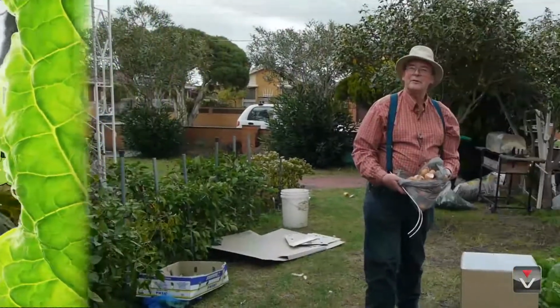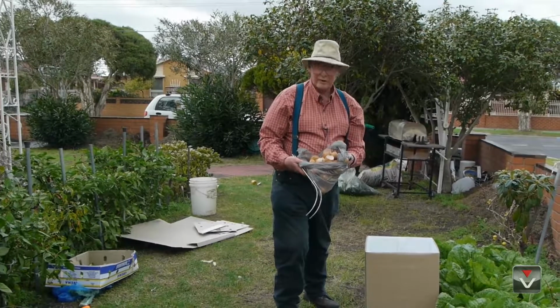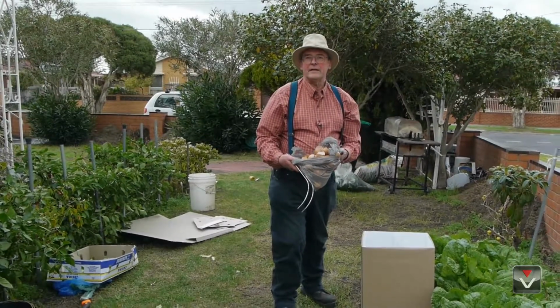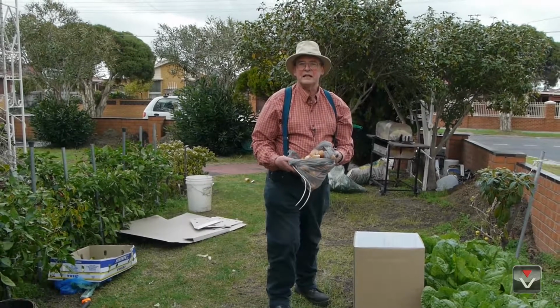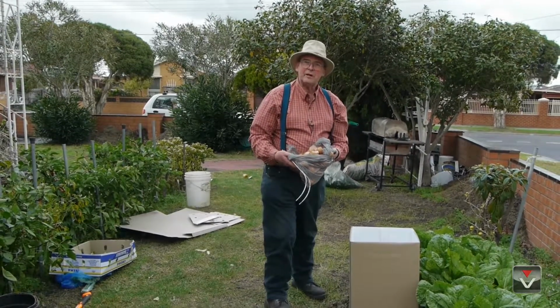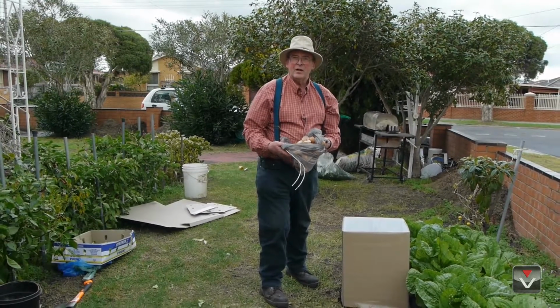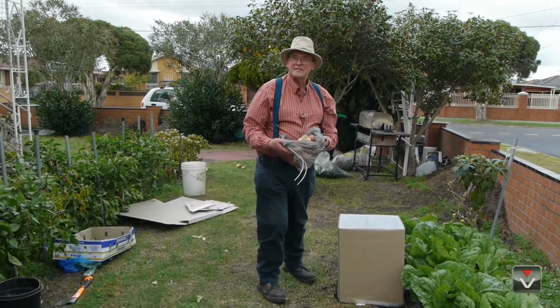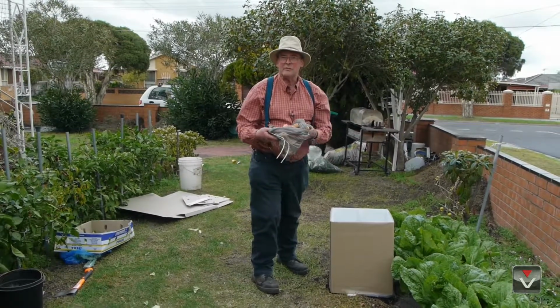Now, a very important thing to let you know is that you can use your eggshells in the garden. It's often a good idea if you break them up a little bit more than they come out of the kitchen. That just helps them to have a little bit more surface area so the worms can get at them a bit better. Now, they don't tend to break down in the soil very quickly, but they provide a lot of calcium and goodness. All the protein that's in the white of the egg and the skin of the egg is all very good. And by putting it into the compost bin, you're not putting it in your rubbish bin,